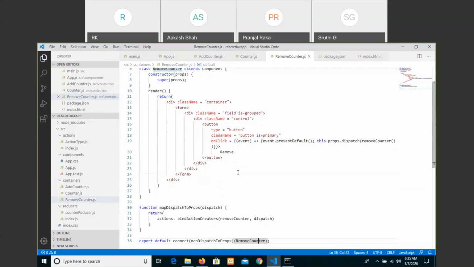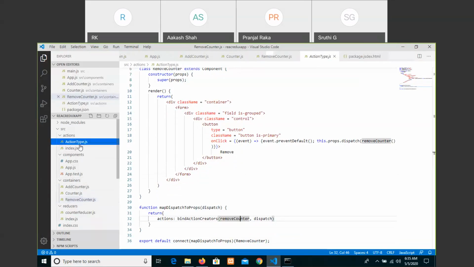Remove counter, and we are passing that action to the function. I mean this returns actions bind action creators, and we are dispatching that event handler to the remove counter, and finally these two things will enter into the action type.